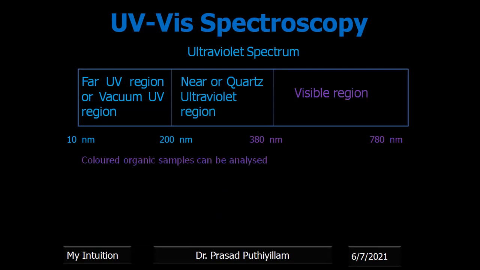For all colored compounds, the color should be stable. If the organic molecule's color is stable, and there is no turbidity, or even after some chemical reaction we are getting a stable color, then all those can be analyzed by using visible region spectroscopy. Here we need to use a tungsten filament, which will give the different visible region colors, that is VIBGYOR.